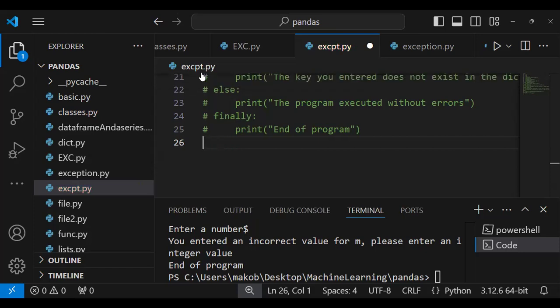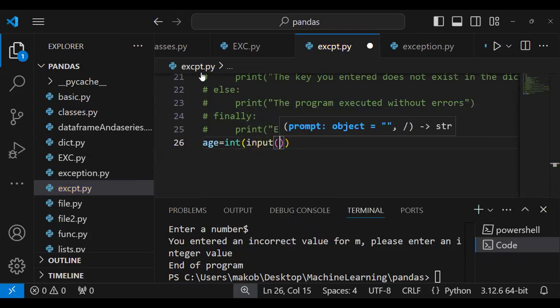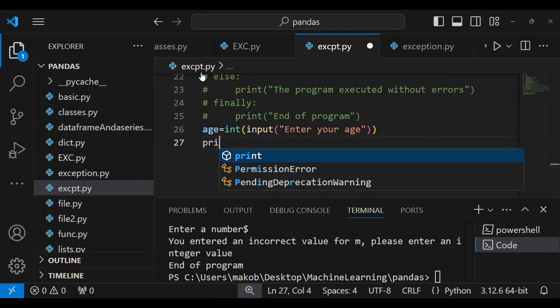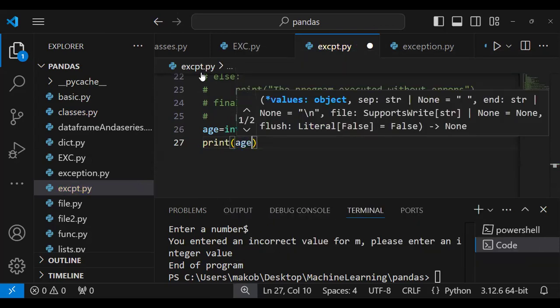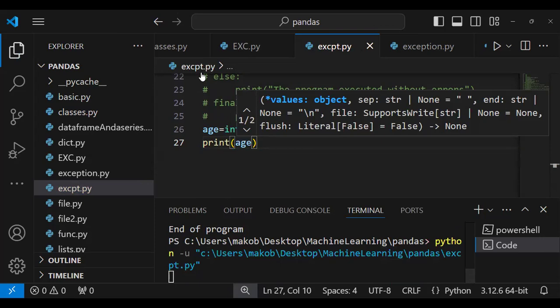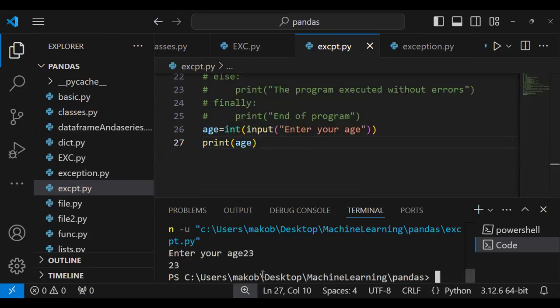Let's say we want a user to enter their age here, and we say age equals int input, enter your age. So someone has the chance to enter their age there, and it is printed somewhere, or we do something with it. When I save and run, I can enter 23, and that is that. How about if I enter